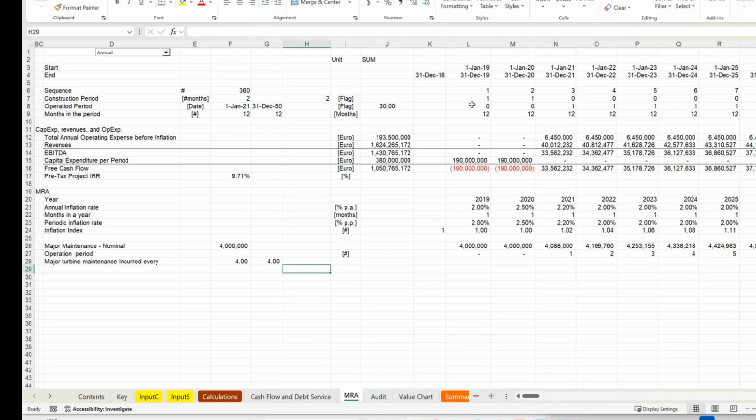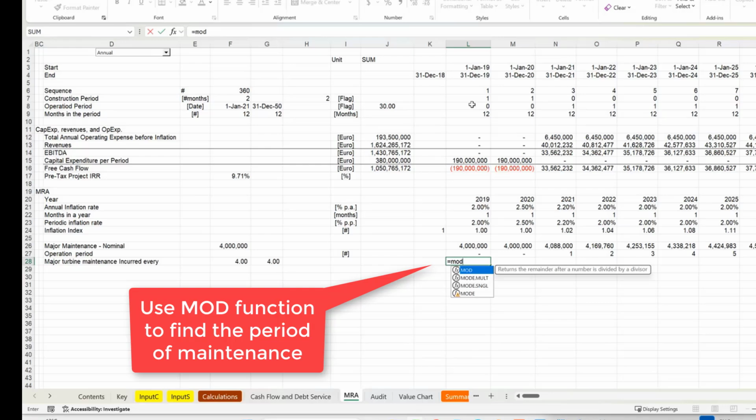So now let's put a flag for when we're going to make our maintenance. We could do that here. What I use is equal MOD. Go up to the one above, put a comma and go to the 4 in column G. Close the bracket and put equal 0. That says to take the remainder, and when it's equal 0,